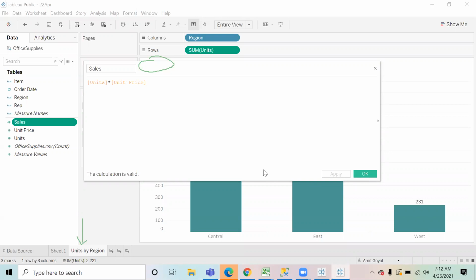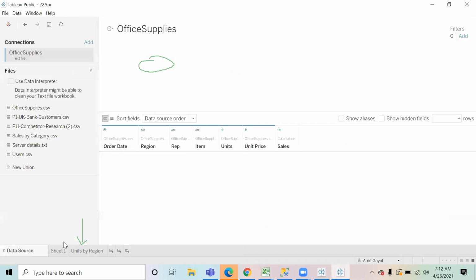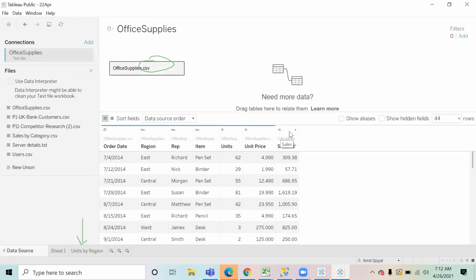And you will find that the sales field has been created now. If you click on the data source, you will be able to see that field over here also.